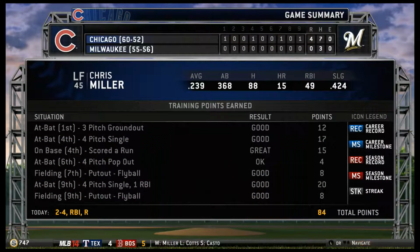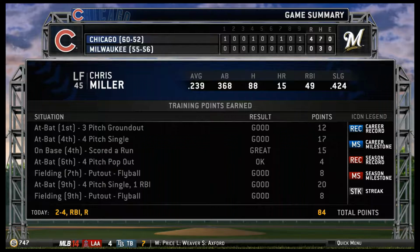With a grand slam, and the Red Sox have the lead. 5-2 Boston. Victorino pumping his fist as he...